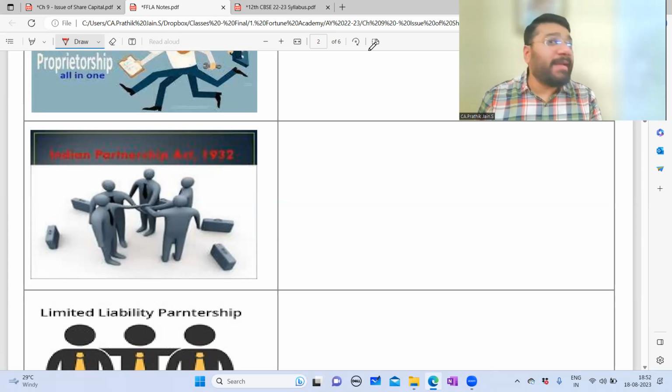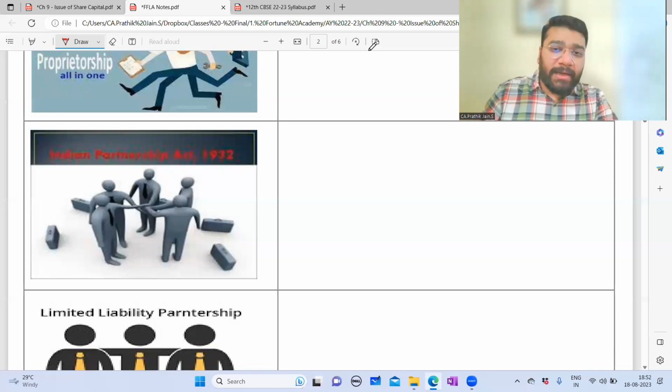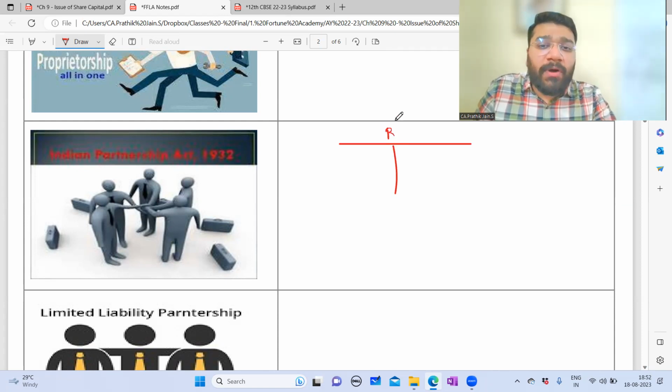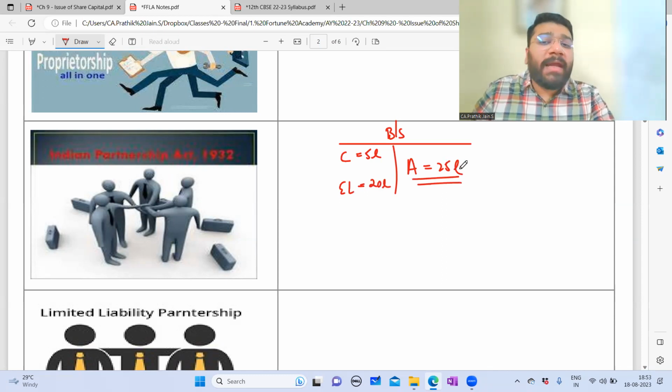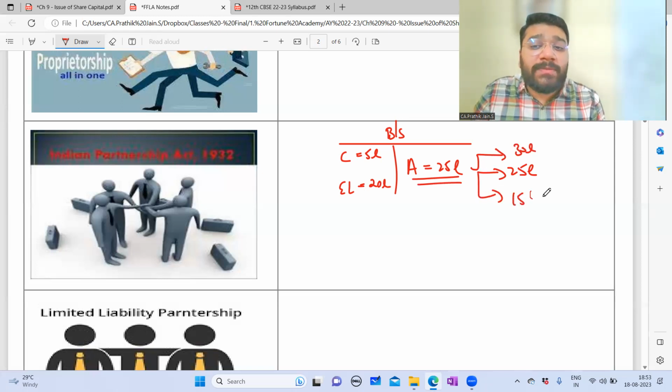In dissolution, we saw an example where the assets of the firm were sold. Since few people did not attend the partnership dissolution chapter, I'll just give you an example. So this is the firm's balance sheet. Assets are 25 lakh, capital is 5 lakh, external liabilities 20 lakh. Now guys, the book value of our assets is how much? 25 lakh rupees. When you go and sell these assets in the market, there are 3 probabilities. You may either get exactly 25 lakh rupees, or you may get more than 25 lakh rupees, which is 30 lakh, or you may get less than 25 lakh rupees, which is 15 lakh.